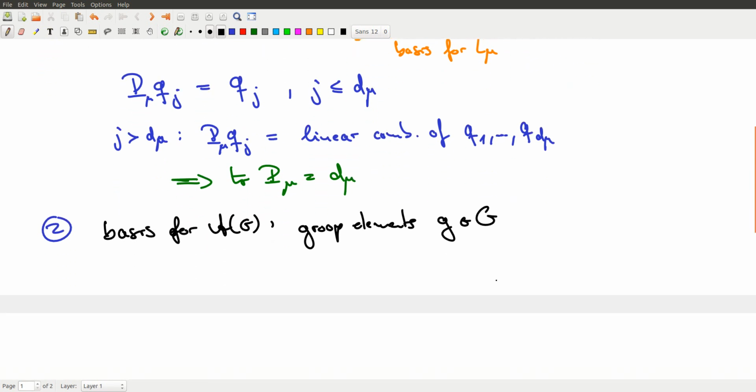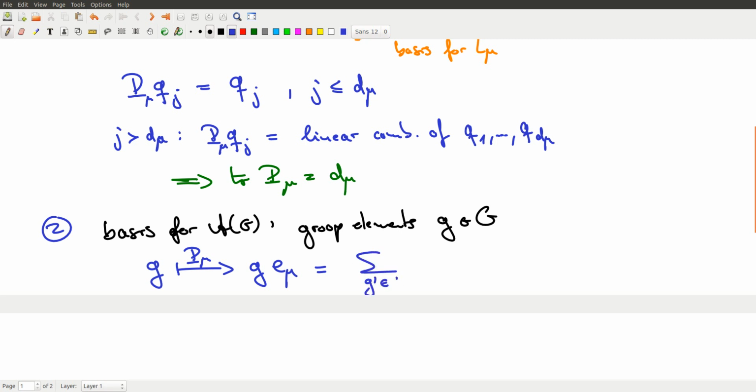And now let's see what our projection does. If we take a basis element, so g, a group element, then our projection p_mu would map this to g times E_mu. E_mu is the idempotent. So if we write the E_mu as a linear combination of the group elements, then this reads like this,